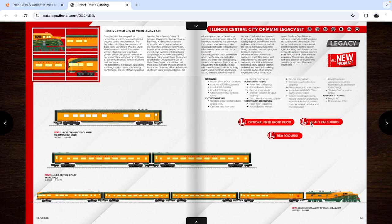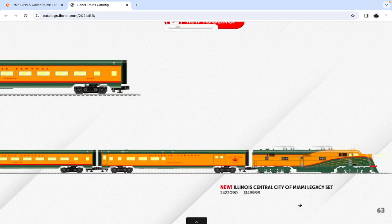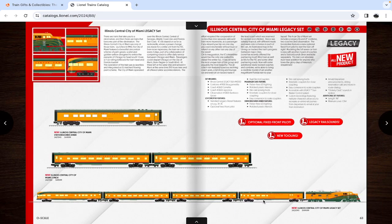Going back to the E units, in this case, there is an Illinois Central City of Miami legacy set. Another set that I've heard, apparently, is that Lionel, based off of the catalog colors, has gotten the paint scheme wrong. I do not know if that's true or not. As I said earlier, I'm not really a Midwest railroad modeler, so I have no idea whether or not this set is correct. But with a price tag of $1,500, you get a single A unit, which I believe is